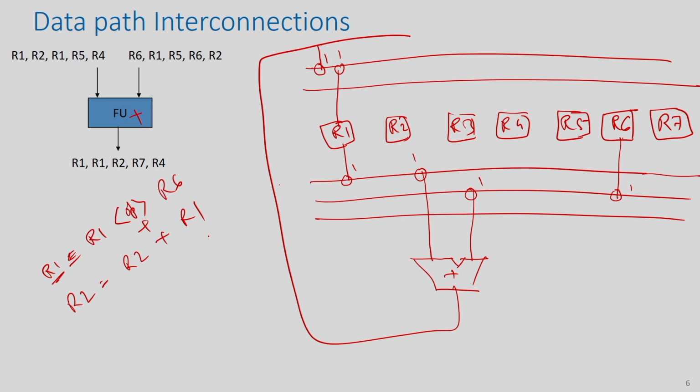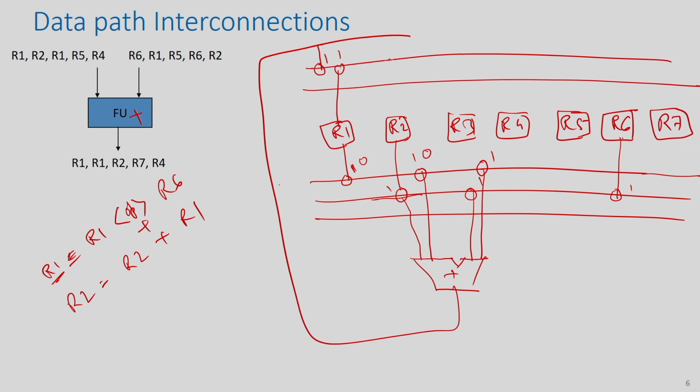So, that means here you need R2 at this input. So, what we can do, from R2 suppose you make a connection here, you make a connection here and you put a 1 here, and then this will come here, right. Then in the next step you put this 0, so that only this R2 will come here, and from R1 you make another connection here and you put 1 here, 1 here. So, through this bus R1 will come here, and through the second bus R2 will come here.